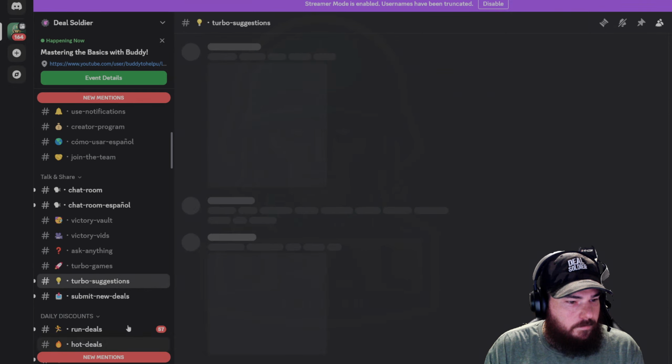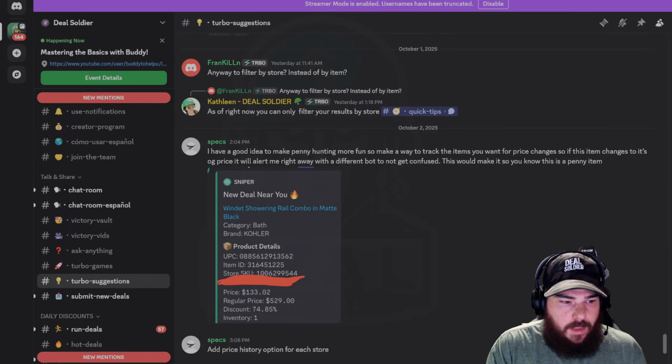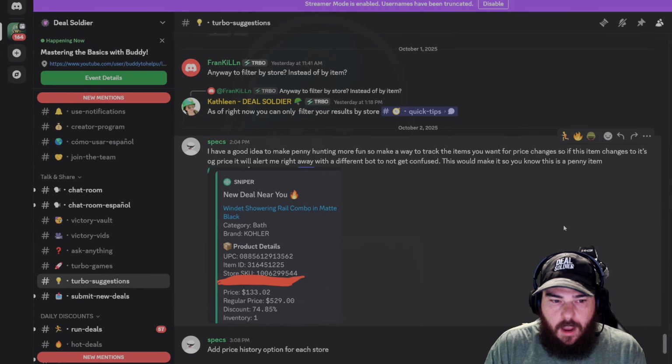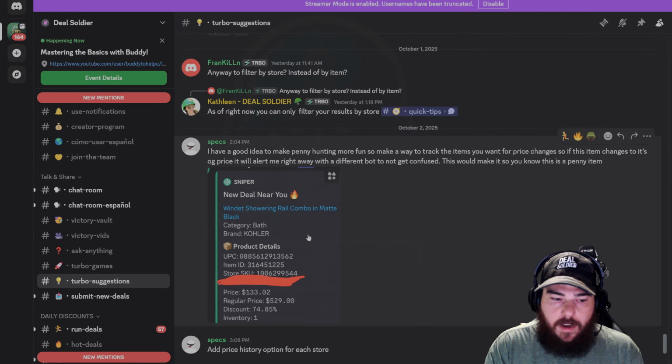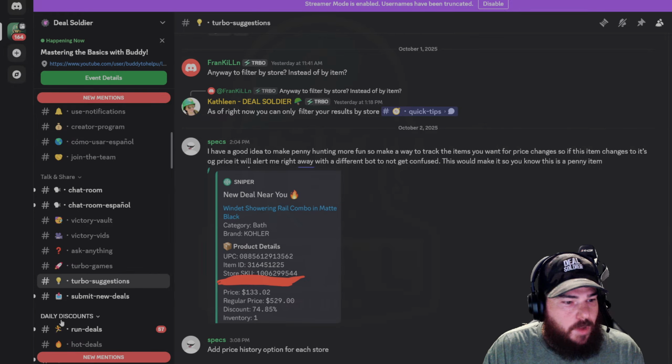So let's keep going. We have turbo suggestions, as I mentioned. Turbo search is really shaping Deal Soldier. It's just a quick way to access everything. If you have any suggestions on how to make the tool better, our developers are in here tirelessly, day and night, looking at suggestions, tweaking the tools to make them kind of what we want. So if you have any suggestions or ideas of how to make this tool better, drop them in here. Our developers will see it. You'll notice there's updates happening almost every single day. They're actively looking at everybody's ideas, what would help them, what hurts them, and shaping the tools really to us.